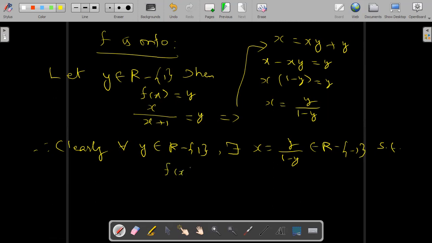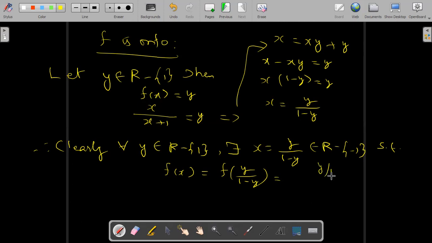Such that f(x) is equal to y means we can put the values: f of y upon 1 minus y will be equal to